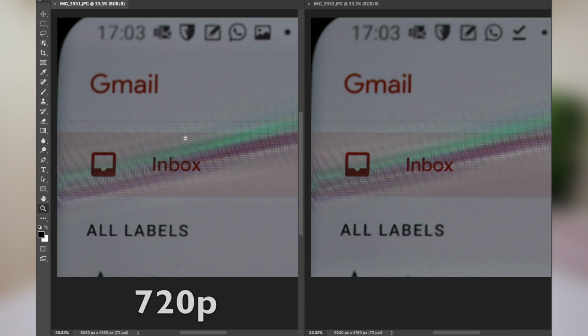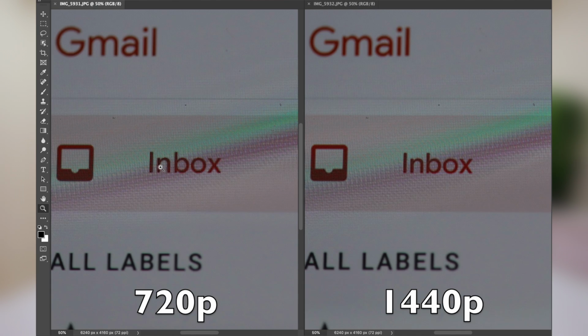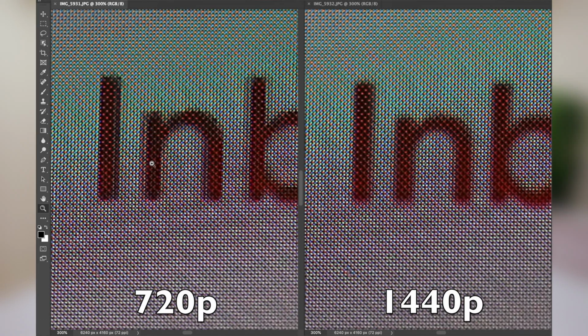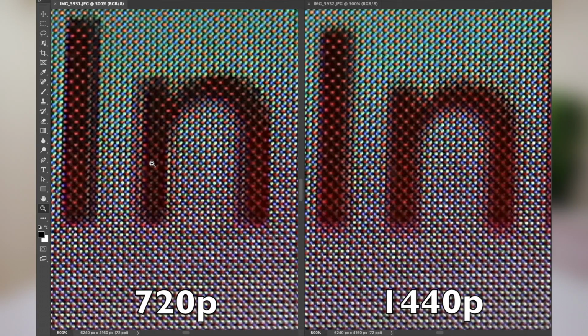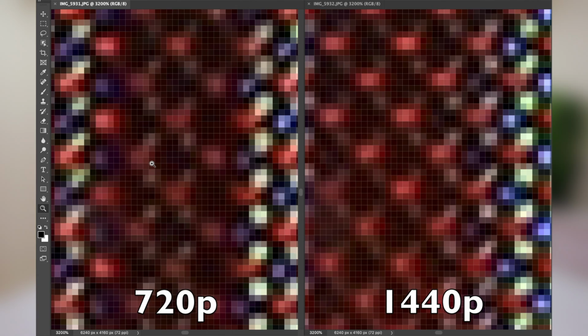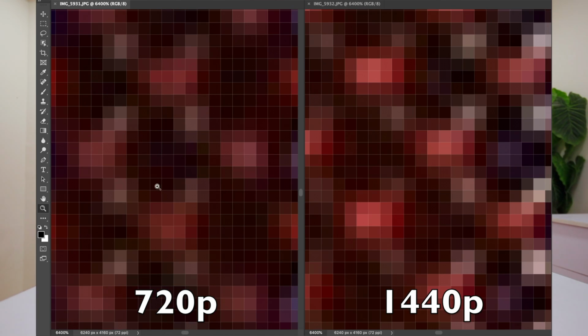Here are some macro photos taken of these displays in different resolutions. If they are not zoomed in, you cannot make out any difference. However, after zooming in 5 times, you should be able to see the pixels. There is a very small noticeable difference between all these resolutions. However, it is evident that the sharpness of QHD resolution is better than HD, but it's only noticeable after zooming in